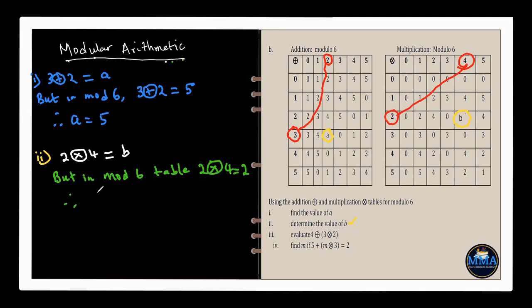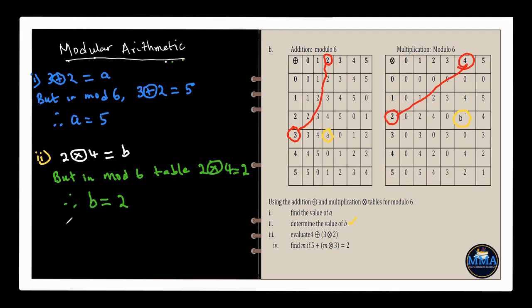What does it tell us about B? Therefore, the value of B is 2. So we've seen that the value of B is 2, and the value of A is 5. So we move on now to look at the evaluation of the third part, where we are asked to